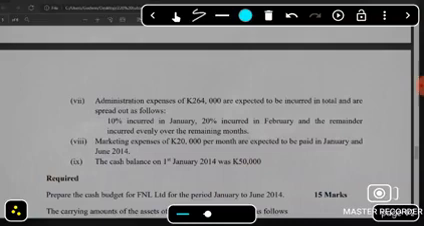Okay, so after distributing your distributions from Feb to June, you have to look at working 7, which talks about administrative expenses of 264,000 kwacha. I expect it to be incurred in total and spread out as follows: 10% in January, 20% in Feb, and the remainder incurred evenly over the remaining months. So what you're going to do is